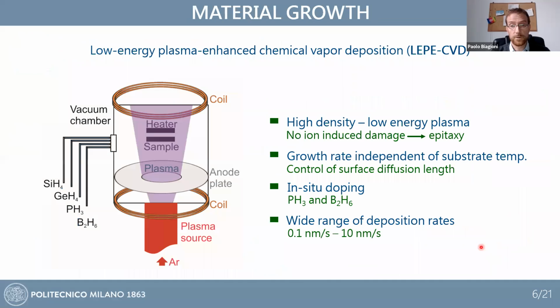So we start with material growth. The typical semiconductor growth is made by CVD, chemical vapor deposition, meaning that you have precursor gases, and this is a reactive deposition process which is favored by the heating of the sample substrate, so that there is a dissociation and deposition on the sample. This variant of CVD, which is called the low energy plasma enhanced CVD, also exploits a plasma source, which exploits an argon jet. And this plasma is another degree of freedom, which basically allows to independently control the plasma